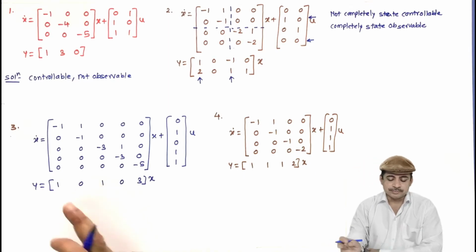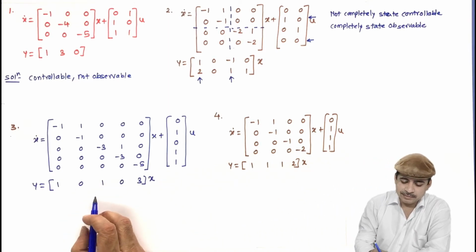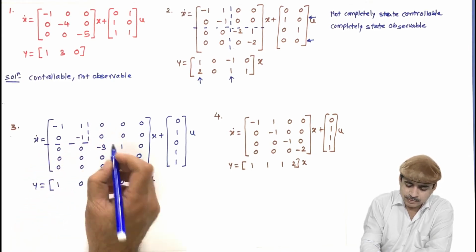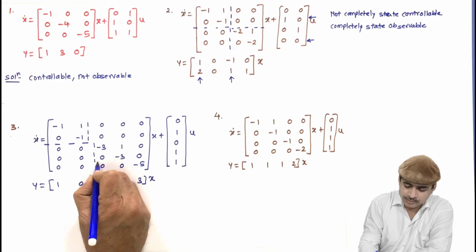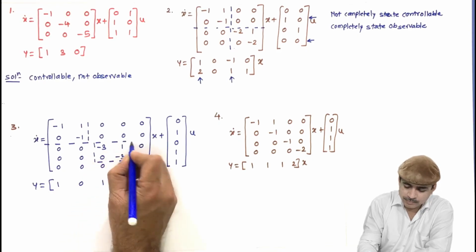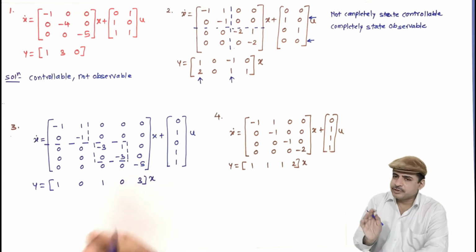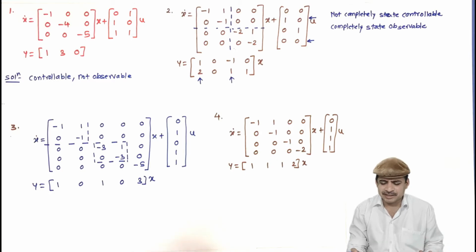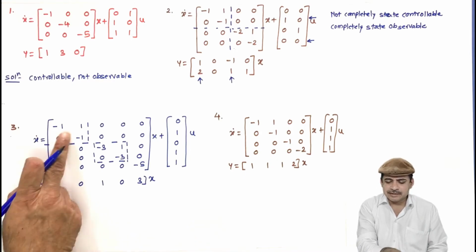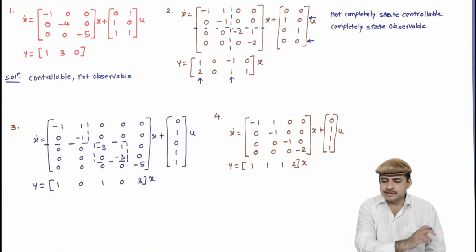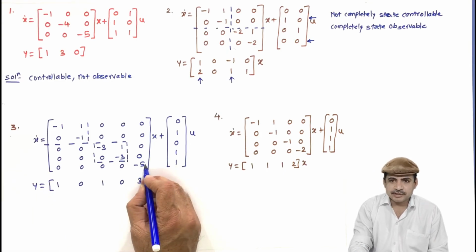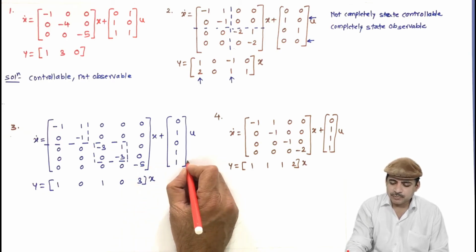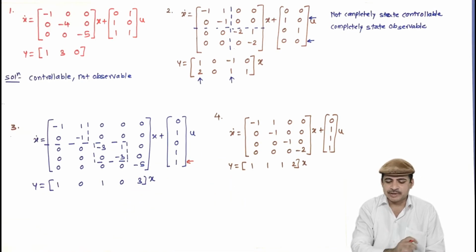Then let us consider this one. So here, this is the first Jordan block, this one is the second Jordan block, and the last one is a distinct value, and we can call this a Jordan block. No issue, it is a distinct eigenvalue. So now they are two different eigenvalues, so condition 1 is satisfied. This is the distinct eigenvalue. The row corresponding to minus 5 is this one, it is non-zero, satisfied.